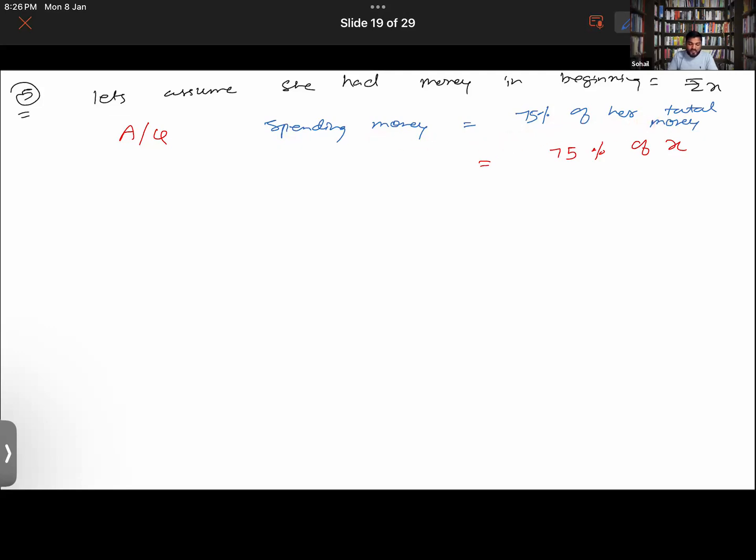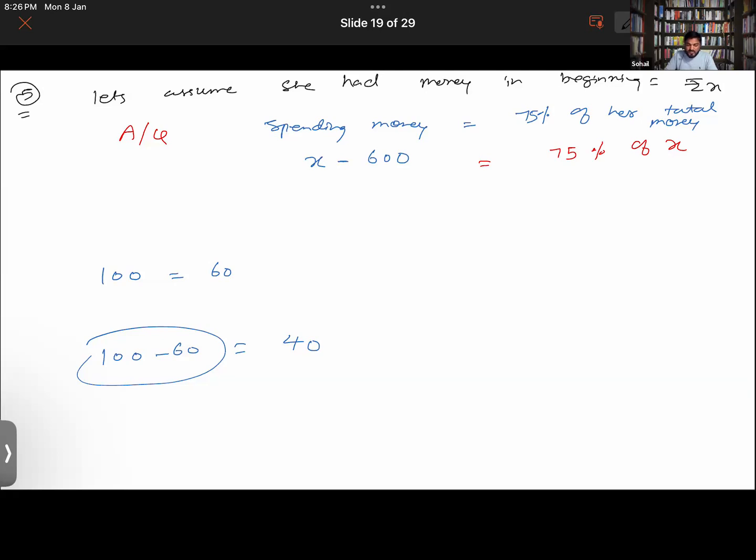Let's say I have given you 100 rupees and now you are left with only 60 rupees. It means you have spent 40 rupees. I gave you 100 rupees, you are left with 60 rupees, so you spent 40 rupees. So thereby total money, that is X, you would be subtracting 600 from it, and that is 75% of the total money you had.